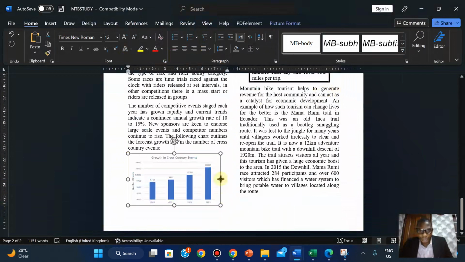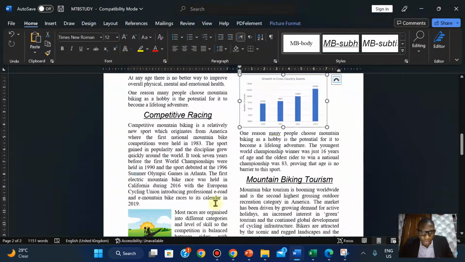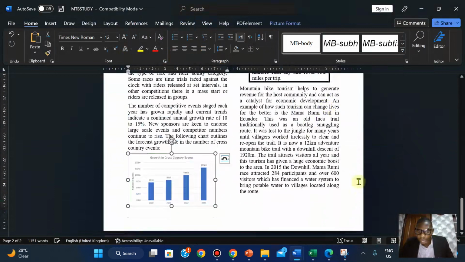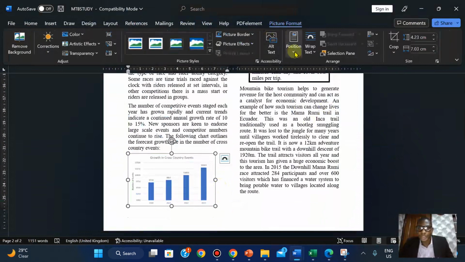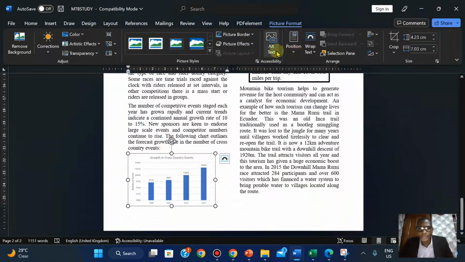Okay, I think I can adjust it here. Good. Let me see. Nope. But I think I can do it this way. Okay, let me click on the picture and let me just